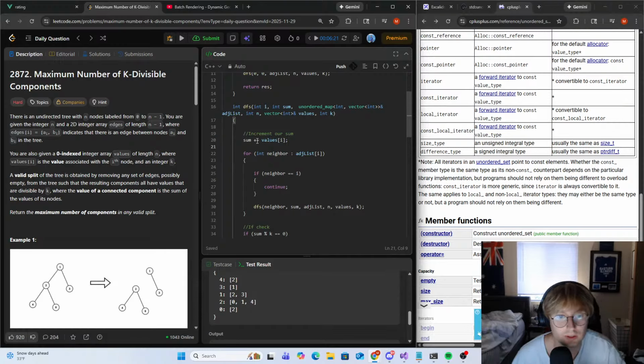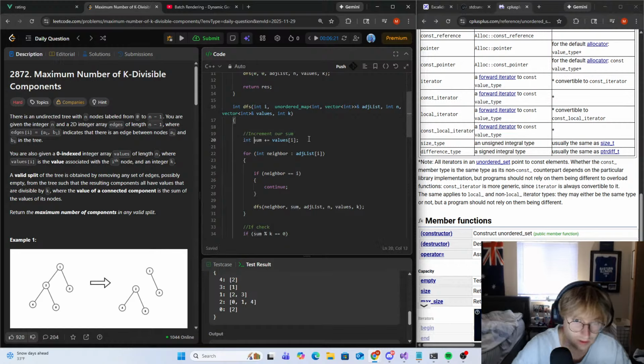Actually, no. This should be... Maybe we don't even need this. What if we don't need that, right? What if we just use I? We do in sum is equal to values I, right? Every single neighbor, we then do our cur sum plus or equal to